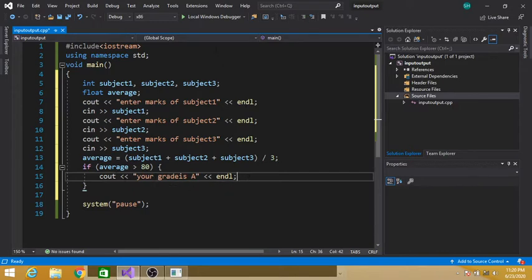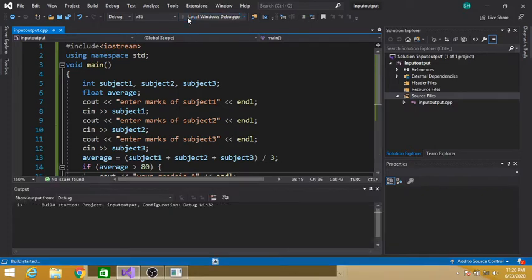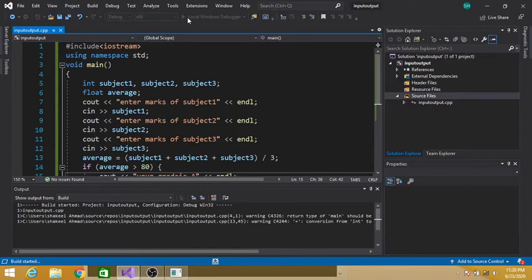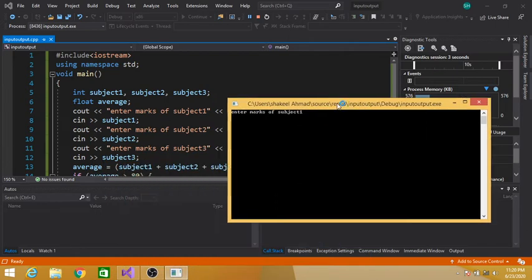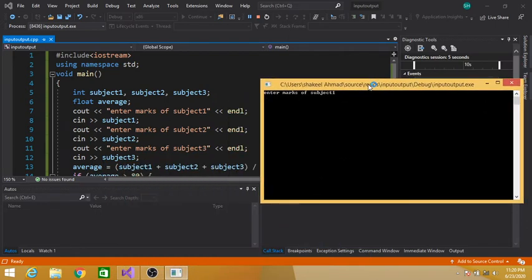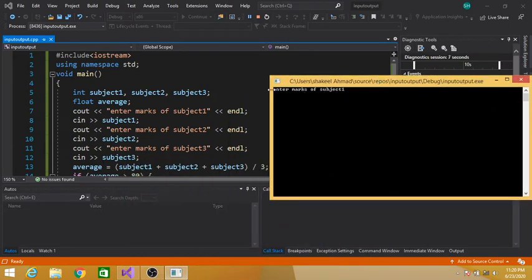So let's execute this program. It is asking us to enter the marks of the first subject.